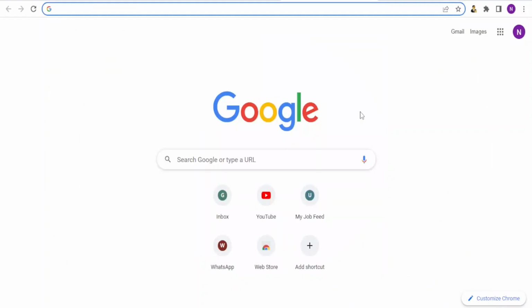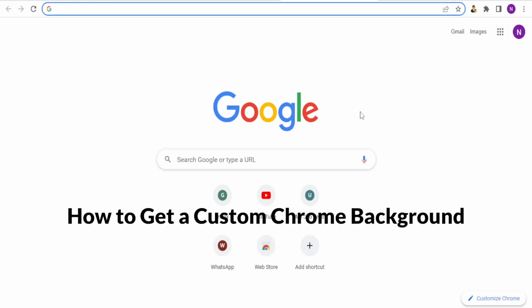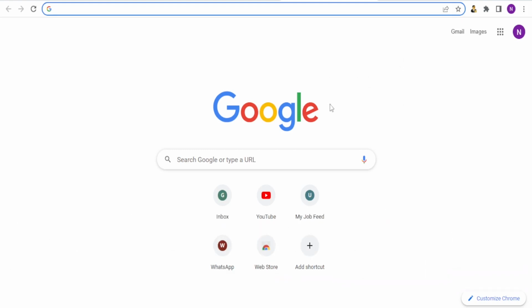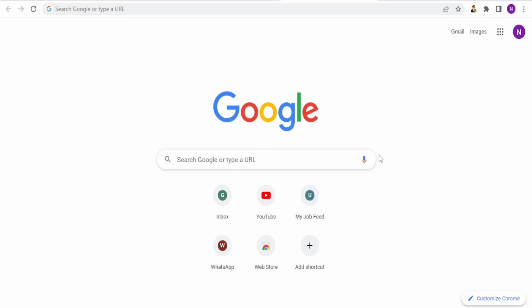This is my Chrome homepage, and in this tutorial, I'm going to be showing you how you can get custom Chrome backgrounds. You would agree with me that this background looks too flat, but there's a way we can customize this. So now how do I customize this to look professional and to be exactly what I need? So to do that,